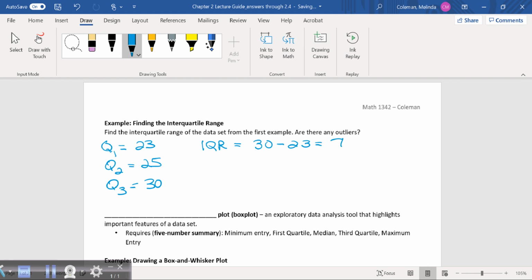So there are 7 pieces of data that fall in that area. So now we can find out what the outliers are. And so if I take Q1 and I subtract 7 times 1.5,